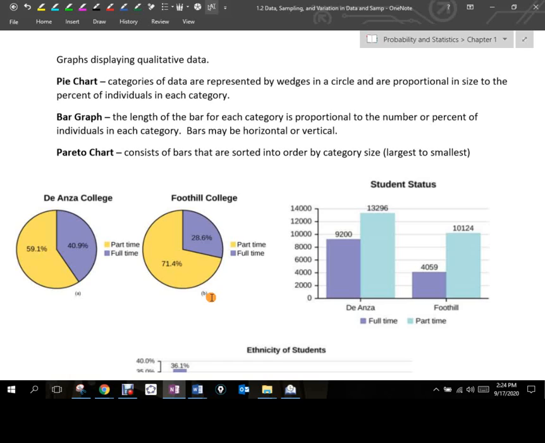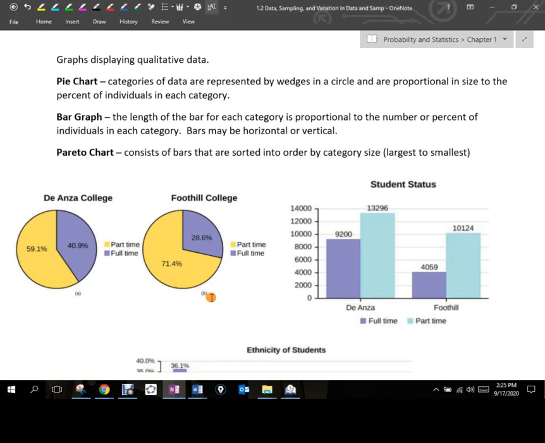There's inferential statistics, which we're not going to get to until later, but it's using probability. And there's descriptive statistics, which is collecting the data, organizing it, presenting it, and summarizing it. This stuff here is how we display qualitative data in descriptive statistics. We've got a couple options here early on in the text. These are the three that they talk about and the three that you see the most.